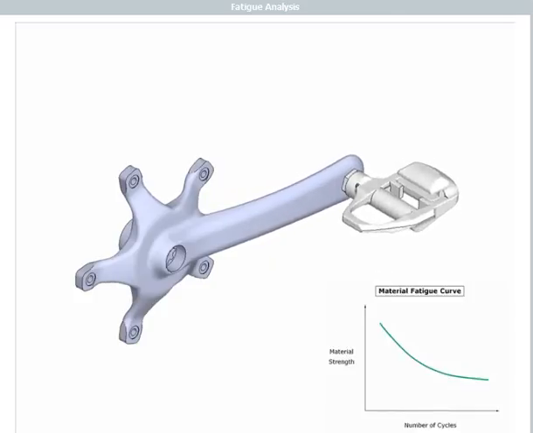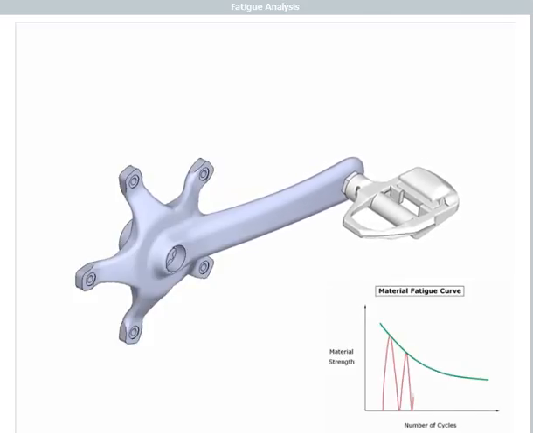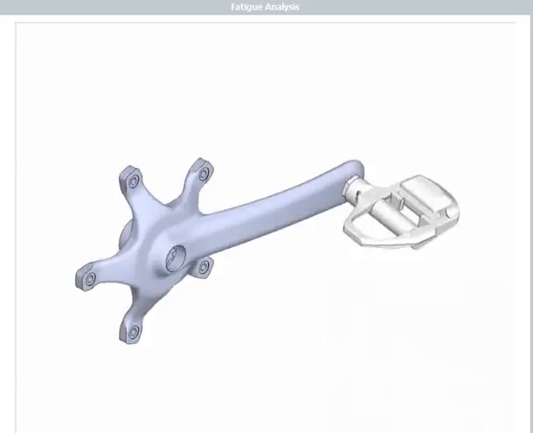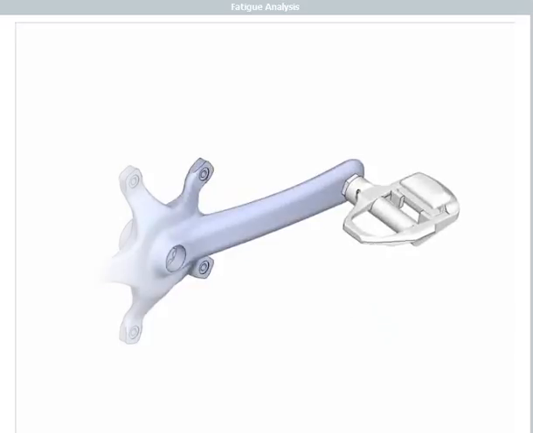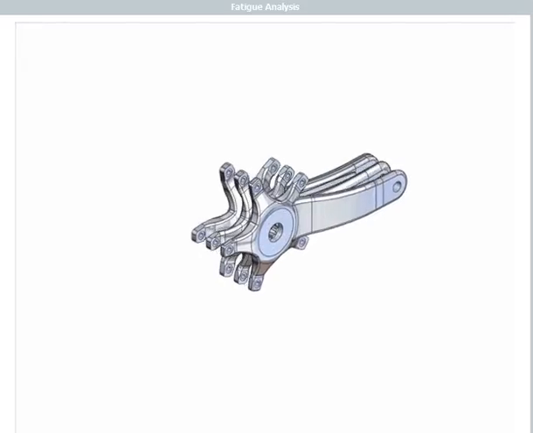Normally, it requires days, weeks, or even months of testing to ensure a part will last a desired time. What if we could test the life of a part in a matter of seconds to make sure we have the best design choice? SOLIDWORKS Simulation gives us that ability. By incorporating the material strength variation with load cycles, SOLIDWORKS Simulation can provide excellent insight into the life of a